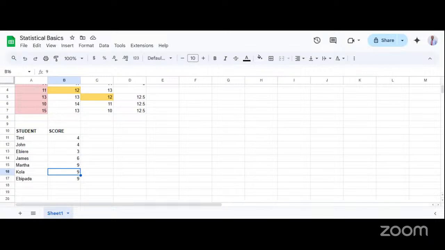Another example is a car dealership. If a car dealership decides to expand into this region, in their market research they might want to know, amongst the different car owners or vehicle owners, which brand, make and model of car they drive the most. If they collect such data, they will notice that in their data sets, Toyota might be very common. So at that point, Toyota becomes the mode.